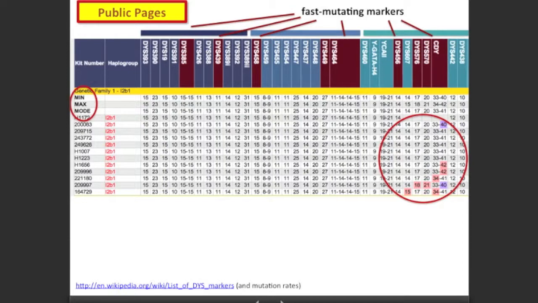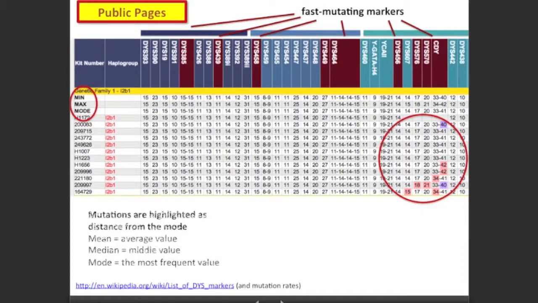Let's look at the minimum, the maximum, and the mode. Here we have the minimum value for all of the markers, the maximum value for all of the markers, and the modal value. Now, the modal value is quite important. Mode is the most frequent value. You might be familiar with mean and median. Mean is the average value, median is the middle value in a string of numbers, but the mode is the